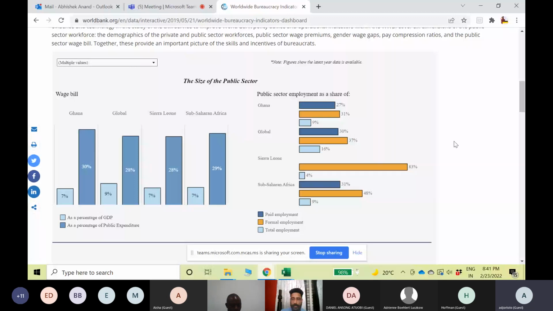Any of you, based on what you see here, if you would want to share your own opinion on what you feel is going on, do you think it makes sense? Because you know more about Ghana than we do. If you think there is a reason for the numbers that we are seeing, and whether it makes sense or not, if any one of you would want to share anything about these charts.